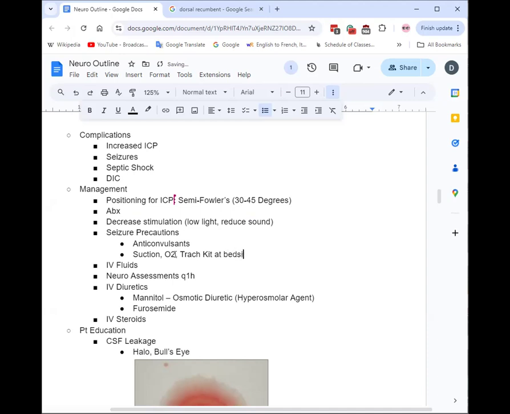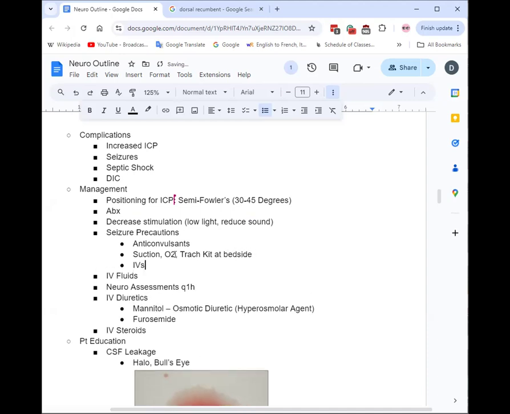We mentioned anticonvulsants, we mentioned IVs. So how many IVs do you want? What gauge do you want them to be? Someone goes into a seizure and they don't stop seizing. That's called status epilepticus. Yeah, you want two large bore. You want at least two, like multiple large bore IVs. So that's either 18 or 20 or even smaller if you can, I guess.